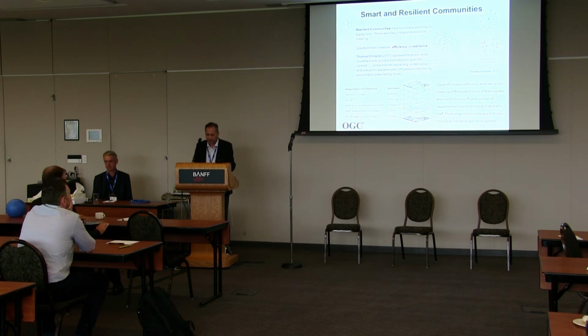There are some definitions that you can apply on a spectrum of concepts. On one end, we have a very efficient, resilient community, which relies upon limited resources, although limited, it's very strong in operability. And on the other end of the spectrum, we have a very redundant or less efficient form of resiliency. And that's best exemplified by this diagram I have here,